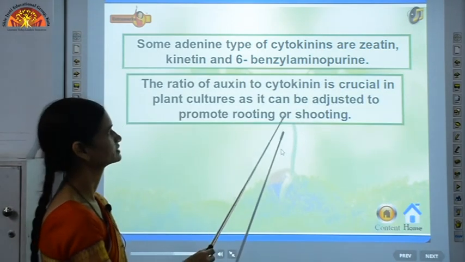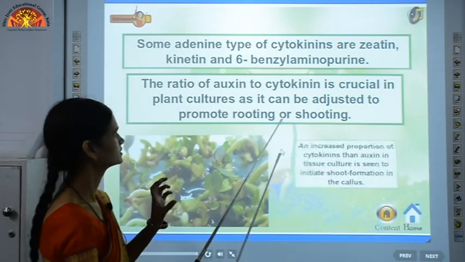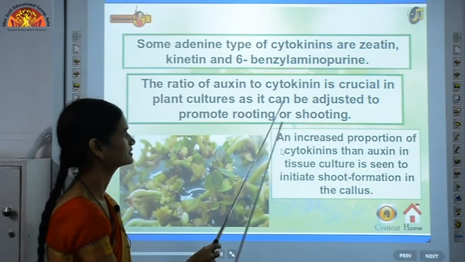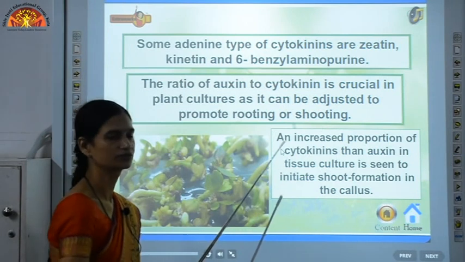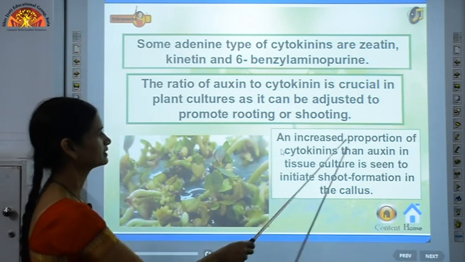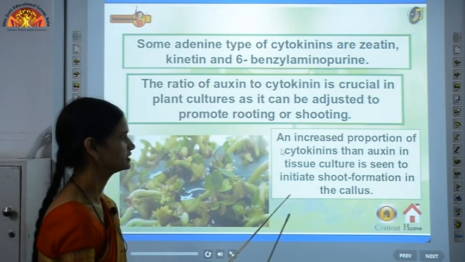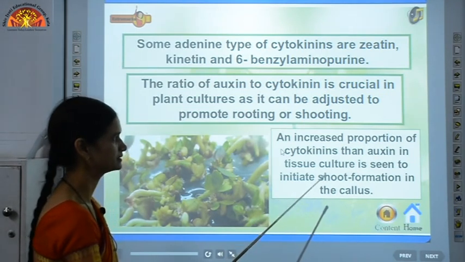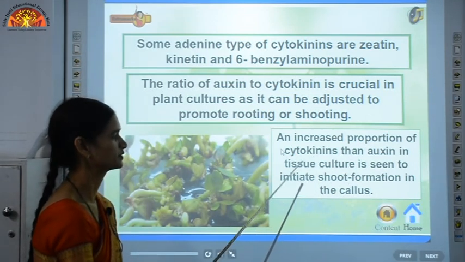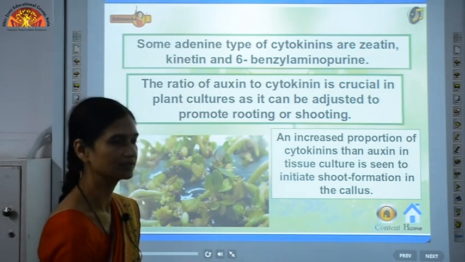The ratio of auxin to cytokinin is crucial. तो ये एक बहुत important चीज़ है कि auxin और cytokinin का equal amount में ratio होना चाहिए in plant cultures, as it can be adjusted to promote rooting or shooting. So it will help in both these things. You can see in the figure an increased proportion of cytokinins than auxin in tissue culture is seen to initiate shoot formation in the callus. That means अगर हम auxin से ज़्यादा cytokinins provide करेंगे तो वो shoot formation में help करेगा. And if auxin is more, it will help in root